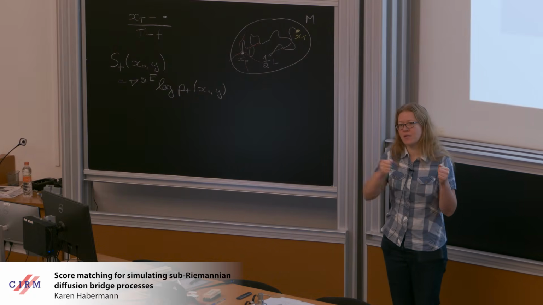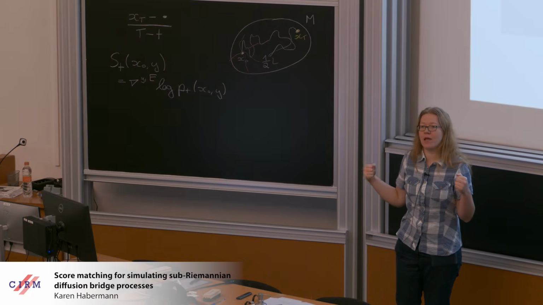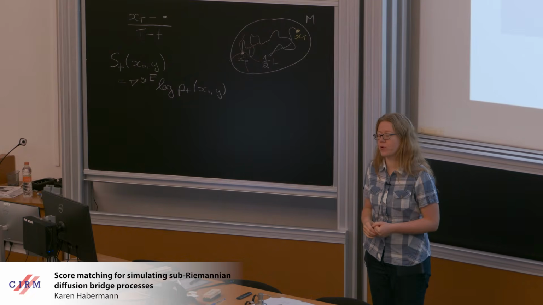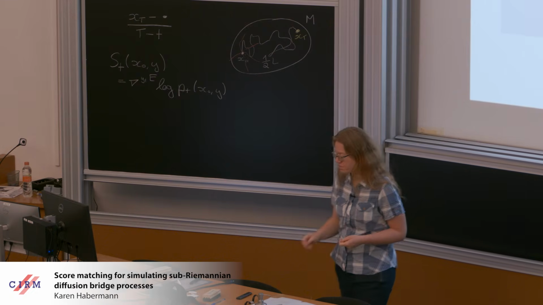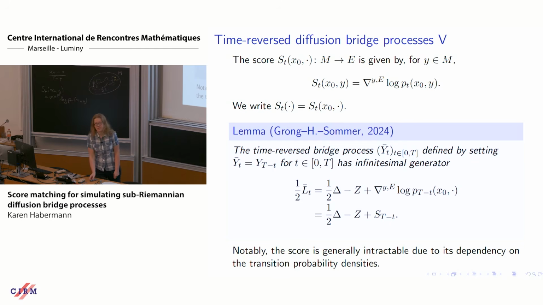We simulate the bridge process sample path backwards, but to be able to do that, we will have to simulate a lot of the original process paths forward. Okay, so that's the idea of the bridge processes. But now the one catch comes in: I've written down what happens if we're in the Euclidean case. This log gradient looks very nice.